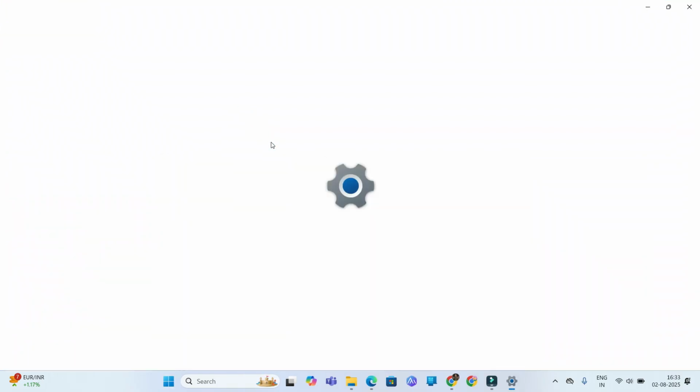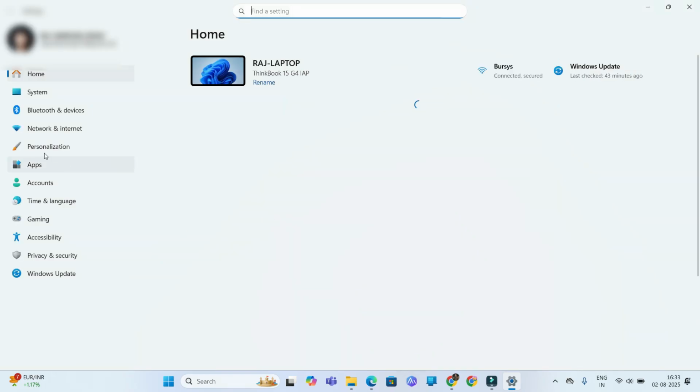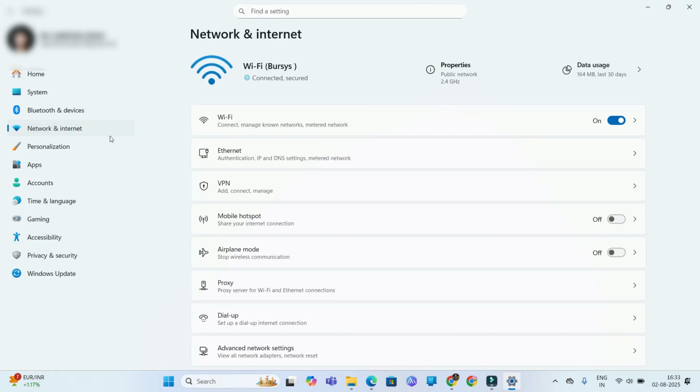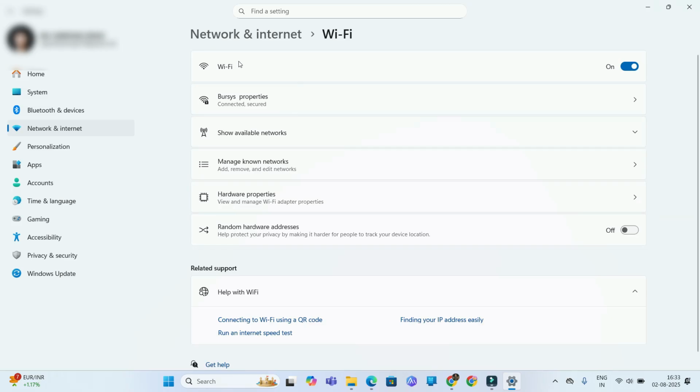Okay, when you open it, you can see the settings is open. Okay, so in the left hand side you can see network and internet. Okay, click on this option, network and internet, and now you can see the Wi-Fi option. Okay, so click on the Wi-Fi option, and the last option you can see random hardware address, help you to